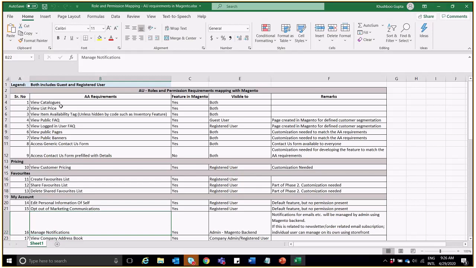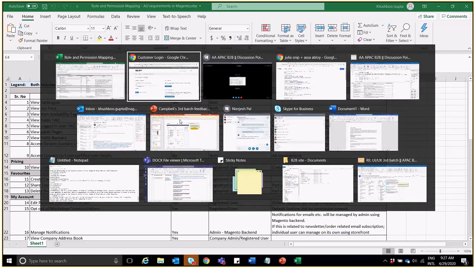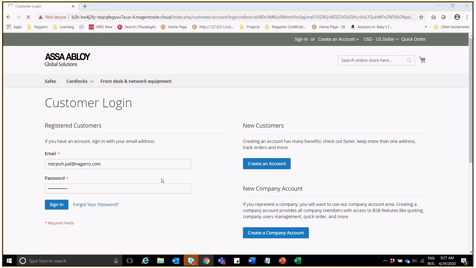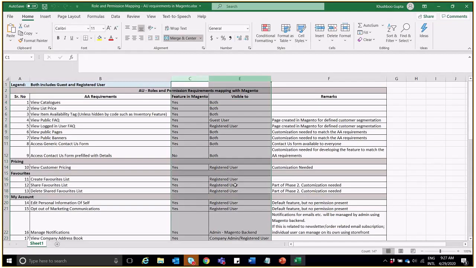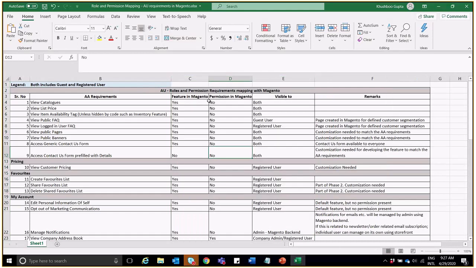Now coming to the permissions, the majority of the functionalities are available to all the users, and as we have shared in the sheet with you, we have no control over the permissions. I have hidden that particular column and I can unhide it for you. If you look at these, we do not have permissions with which you can control your users, whether the user will be able to see the catalog, or will not be able to see the list price. For a particular role, we cannot restrict or display the list pricing,